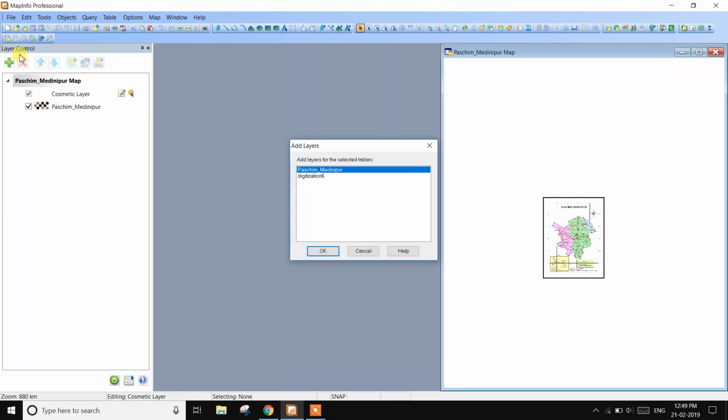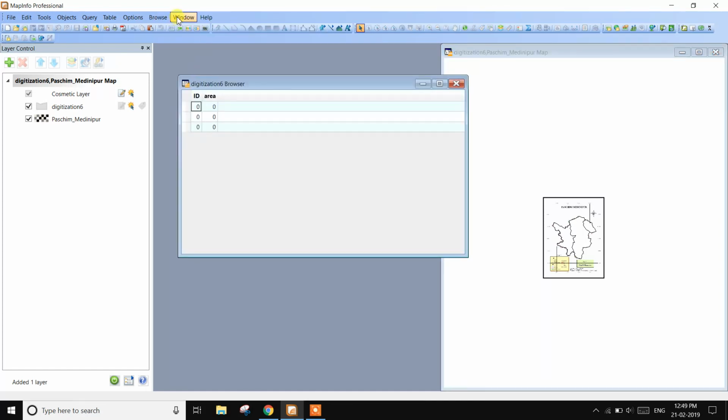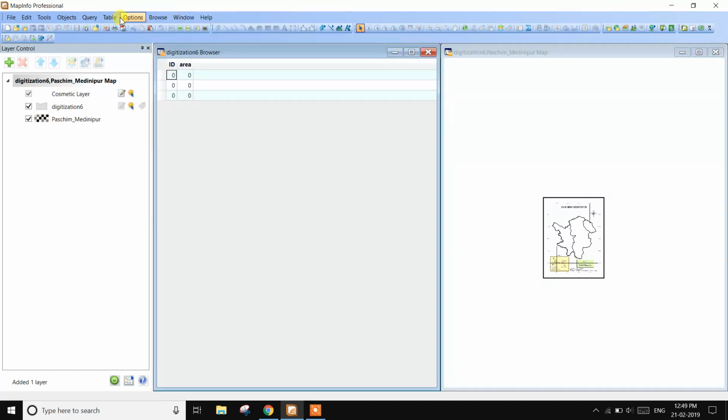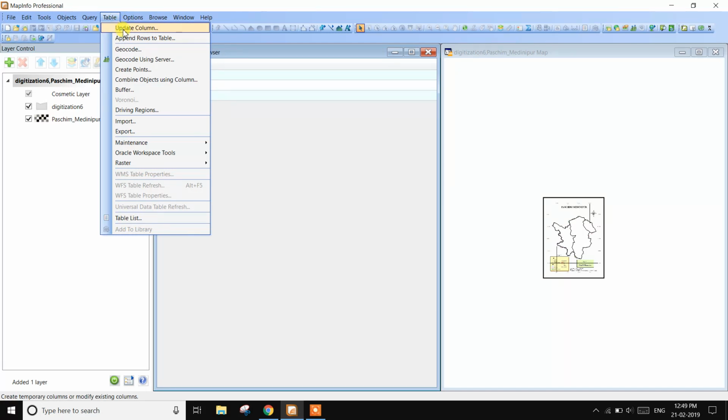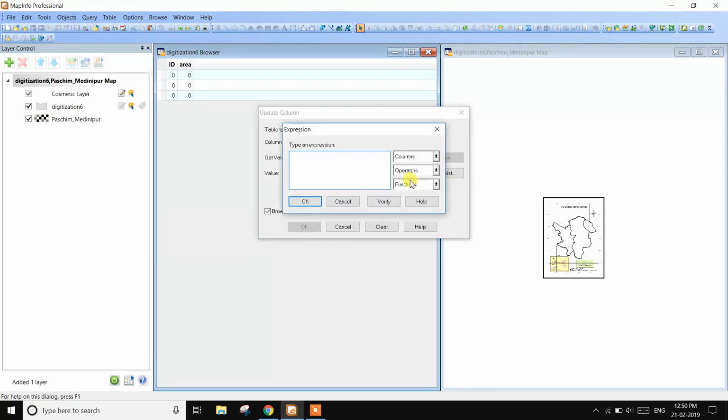Add the digitization layer in Layer Control, so my digitization file is active. Then go to Window, Tile Windows, then Table and Update Column. Select the Area column, and under value to assign, type an expression.